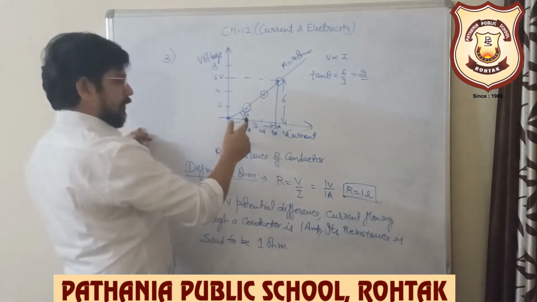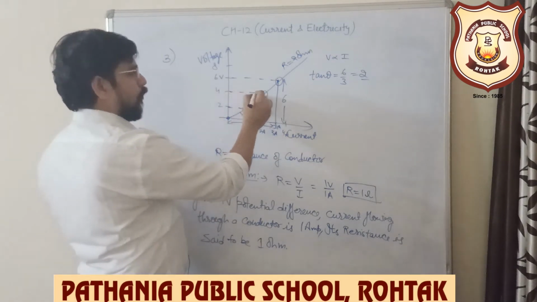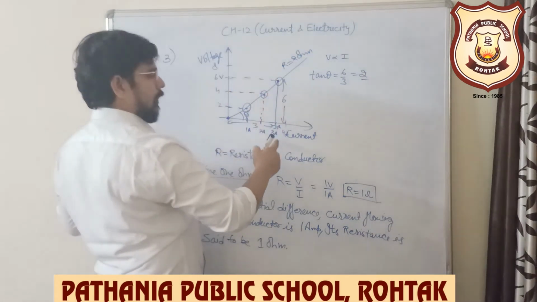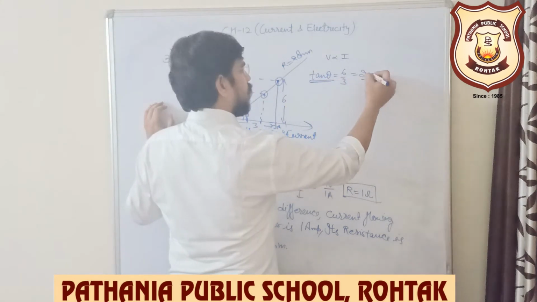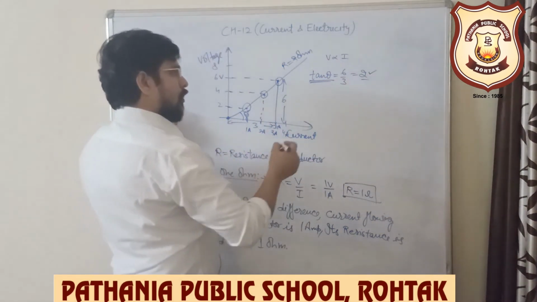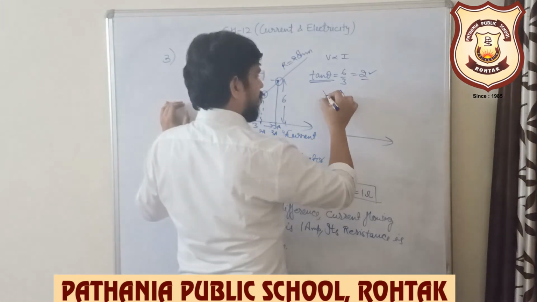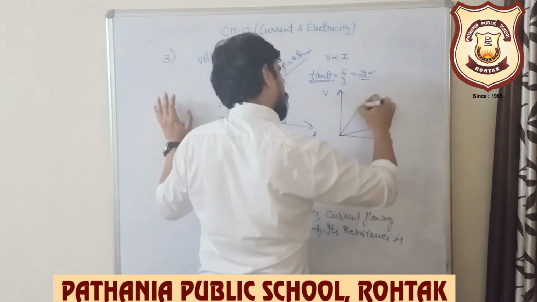As you can see, at 2 volt 1 ampere current, 2 divided by 1 is 2. At 4 volt 2 ampere is the current, 4 divided by 2 is 2. At 6 volt 3 ampere is the current, 6 divided by 3 is 2. So tangent theta also gives you resistance. So you can note one more point here, very interesting. If voltage and currents are given,